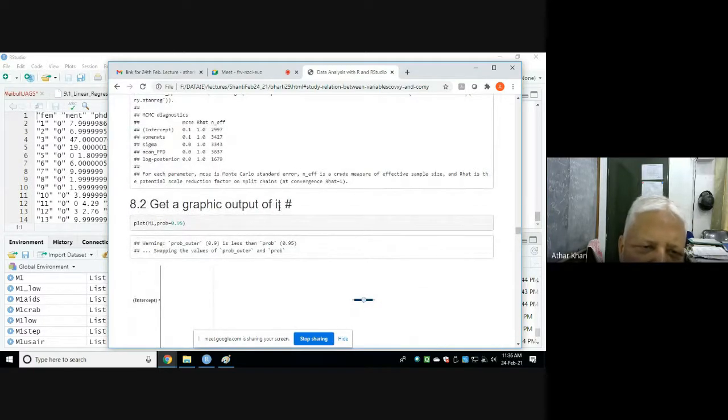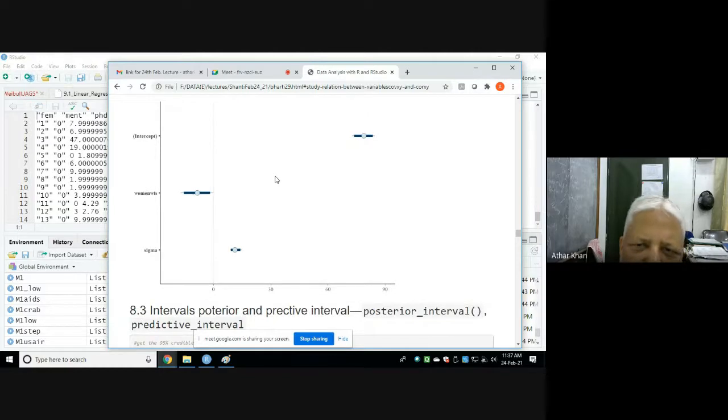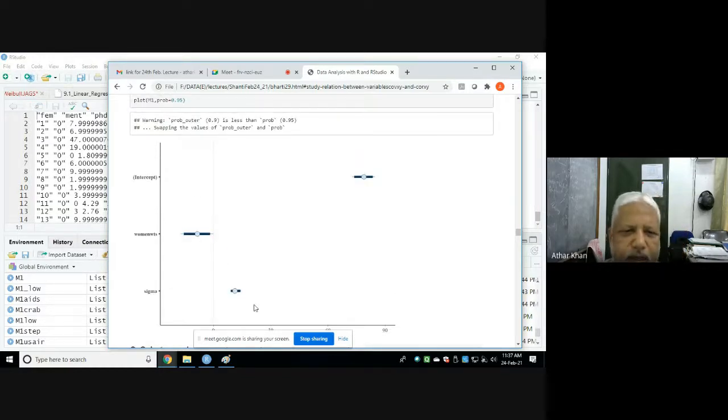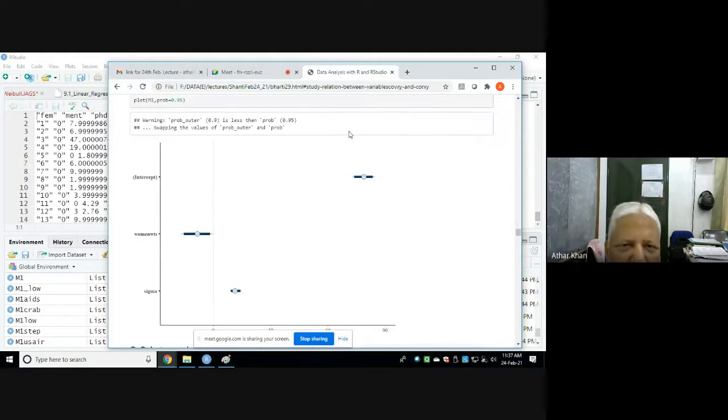To get a graphic summary, plot M1 with prob equal to 0.95. See, this is the plot. Of course, 0 is not here, it is just at the border, and we have seen that it is significant because this is not being crossed by the vertical line. The intercept is also significant. This is known as a caterpillar plot.